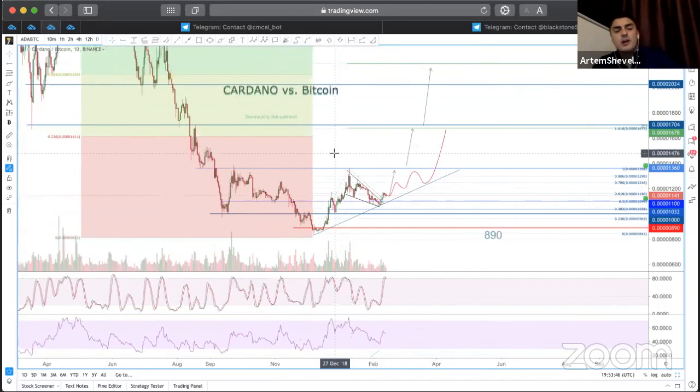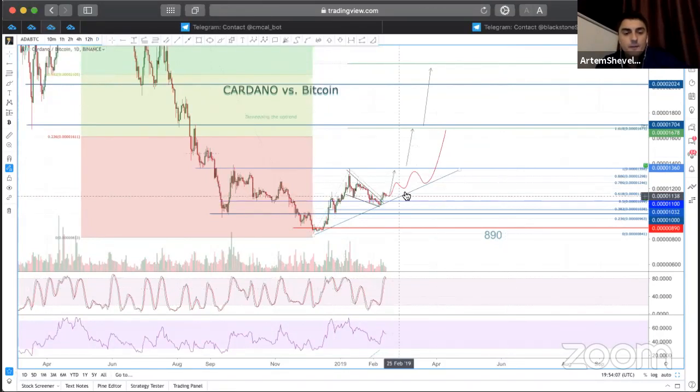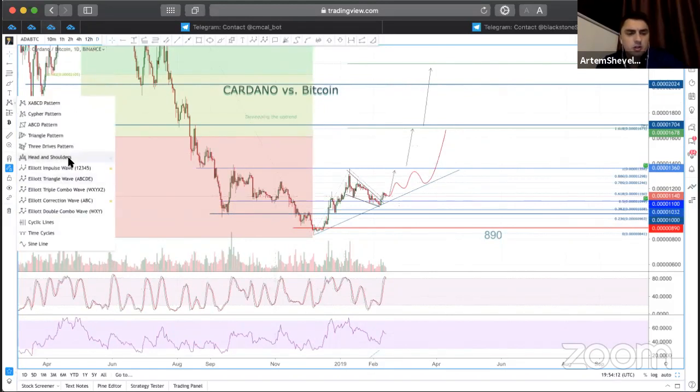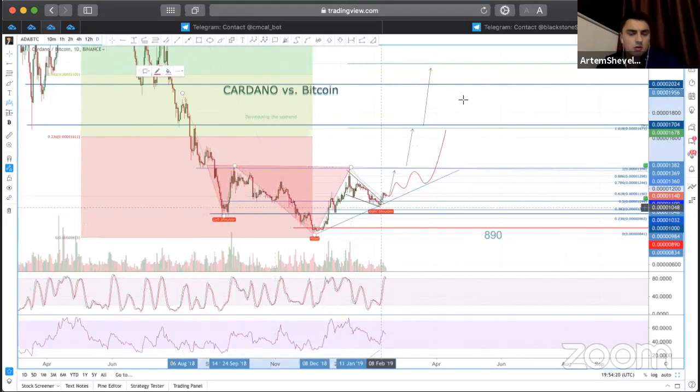A lot of people who made money on crypto were just trading long term, buying and holding for like 3, 4, 5 months. A lot of people who lost money on crypto also held too much. So it's all about the entry, and the entry here is good, the rebound here is good. It looks like a lot of people love head and shoulders. I'm going to show you head and shoulders as well. So it's perfect.